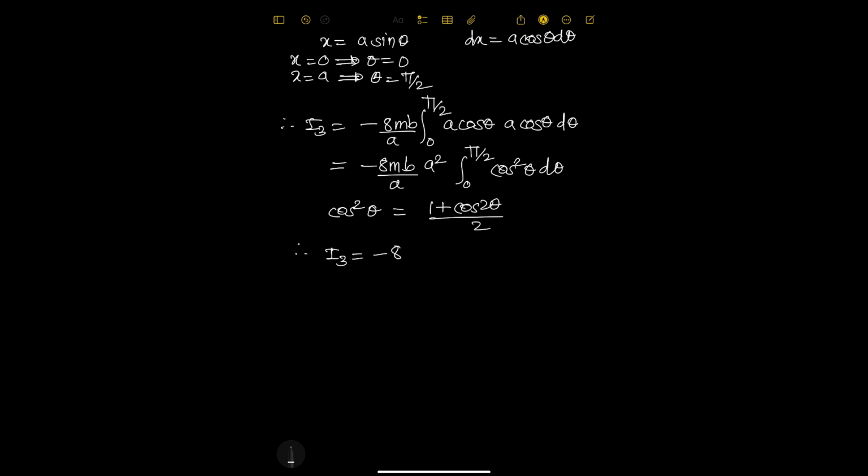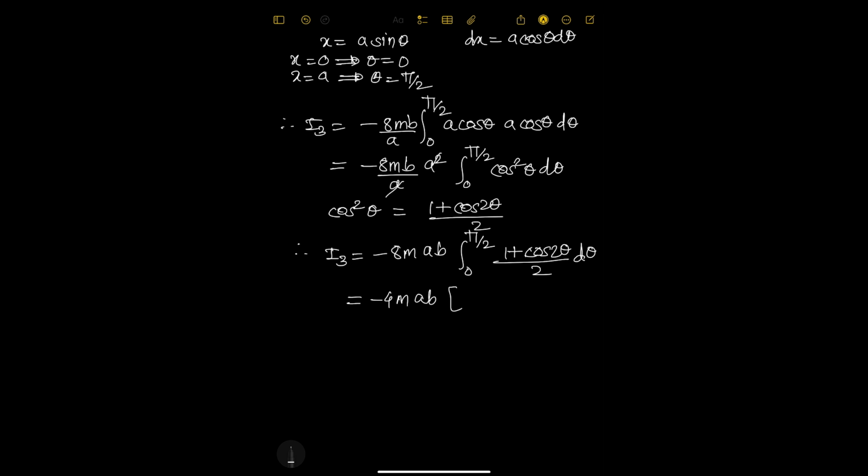Therefore I3 is equal to minus 8m ab times the integration from 0 to pi by 2 of (1 plus cos 2 theta) divided by 2 d theta, minus 4m ab